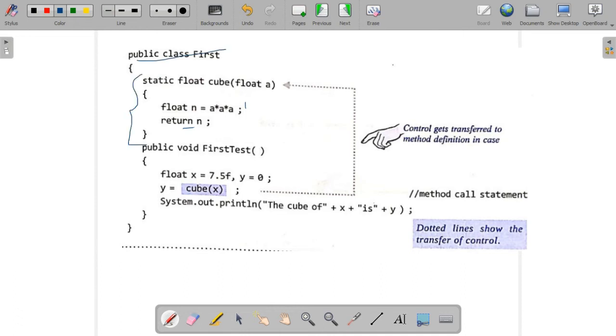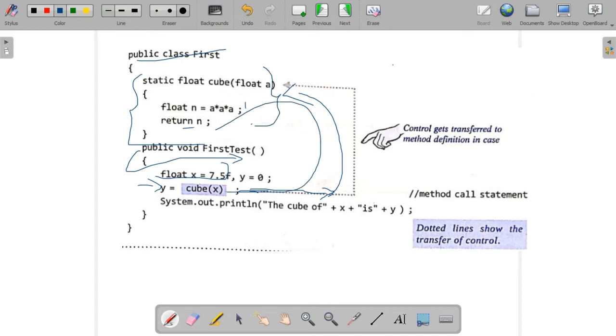This is how the execution goes. First it executes the class, then the function definition, then it comes to the next function, first test of, where it initializes the values. From there, at cube of x, the compiler finds a method calling statement, finds the respective method definition, executes those statements and returns the value.